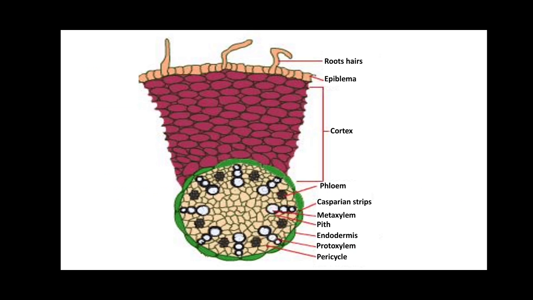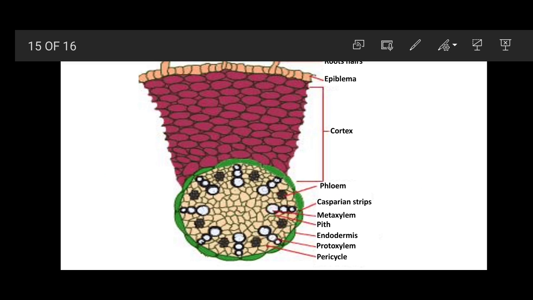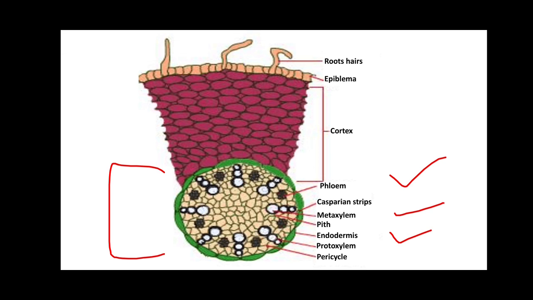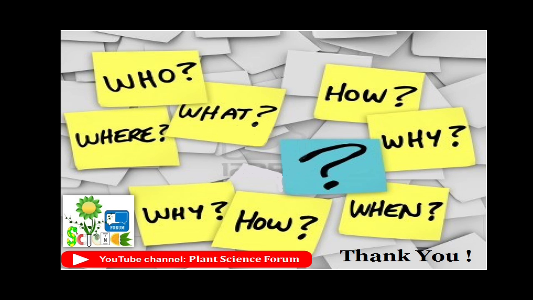So this is how the general characteristic features of primary root of monocots are. Here again you can revise the main characteristic feature to distinguish, which is the stellar region. Stellar region is polyarch in case of monocot, whereas it was tetrarch in case of dicot. The rest of the things such as exarch condition are the same and they are radial in nature. So this is how the primary structure of monocot and dicot root is.